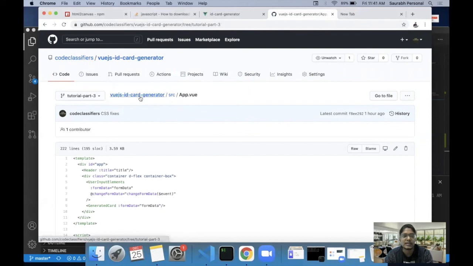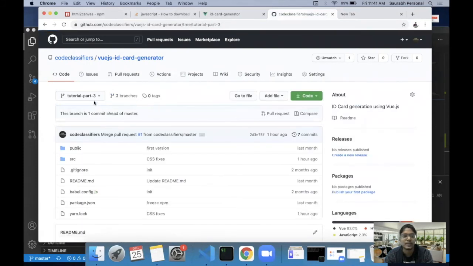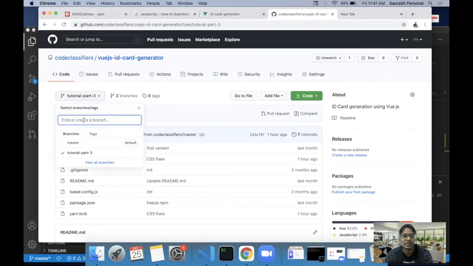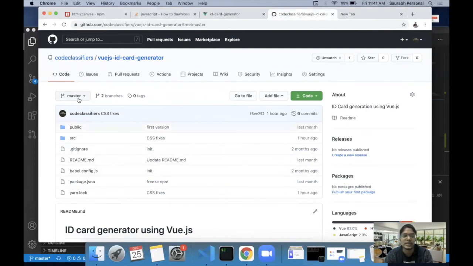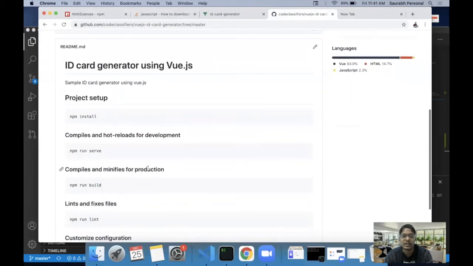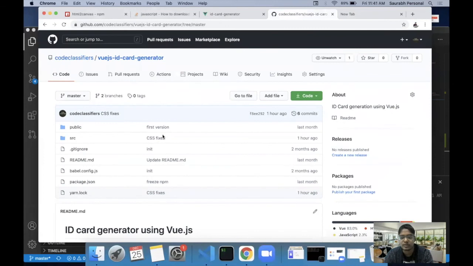I will share the link in the video so that you can go there. The code which was present at the beginning of this tutorial is in the tutorial part 3 branch, and the code which has been finished right now, I will push it to the master branch and you can check it out from there. So that concludes our 4-part series in creating a college ID card using Vue.js.